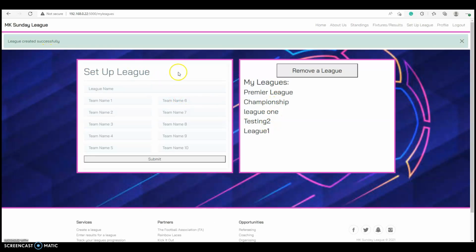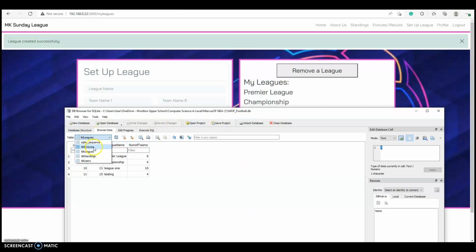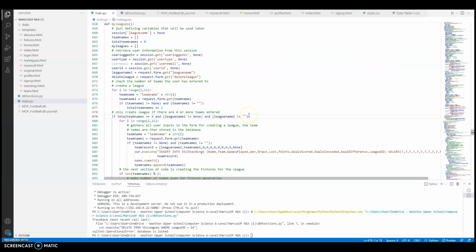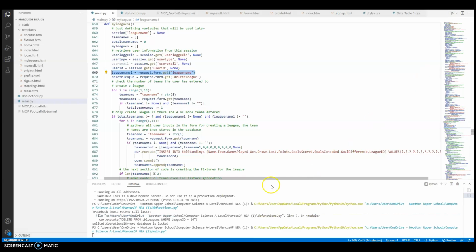So there is a slight problem with the flash message in there. If I go to the database very quickly, I just want to see table leagues. Okay, there's a bit of a problem there, so I'm going to have to fix that. Right, I seem to have fixed the problem by adding this little bit of code, which says that any blank piece of text taken in by this variable is refused and can't go into the process of creating any type of league. So if we now run the code again,